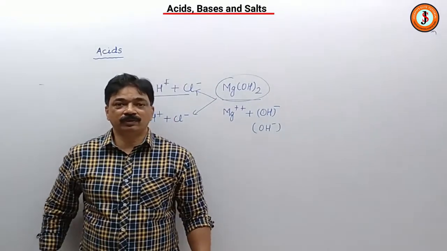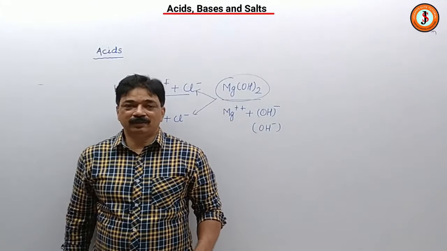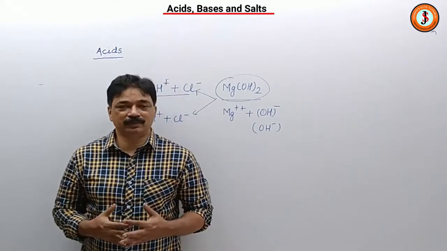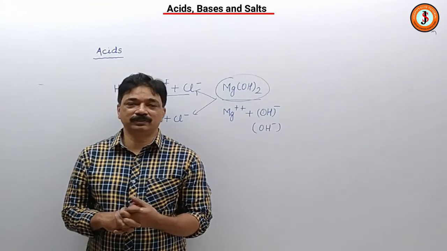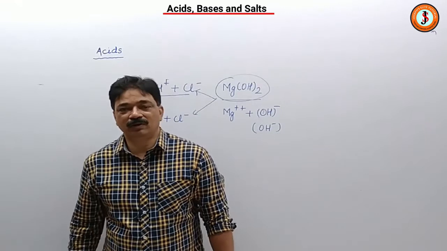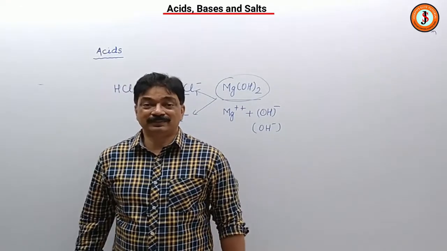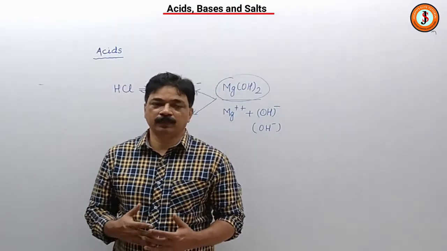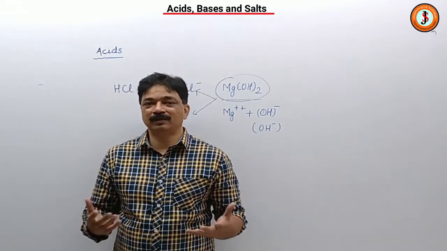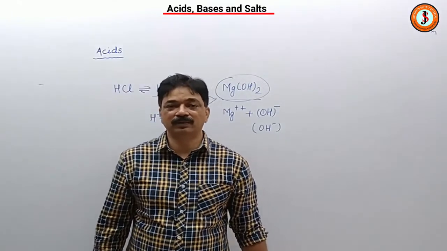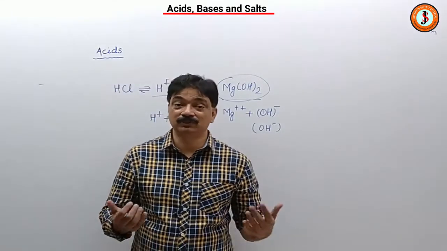So these are the important things you have to understand, and that is why our digestive system contains hydrochloric acid in our day-to-day life. If there is excess hydrochloric acid in our body, a situation arises called acidity. So doctors prescribe antacids. Antacids are what? Bases, and bases will go and neutralize. Like magnesium hydroxide is an antacid which is used.